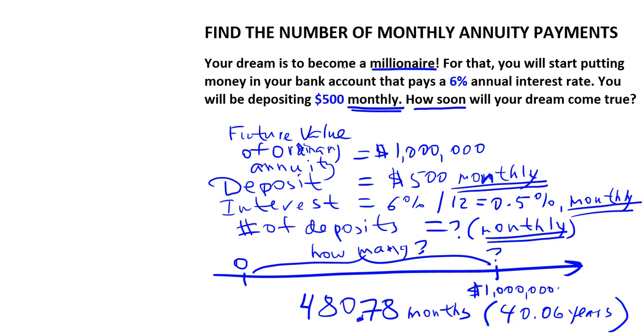In this problem, on how long it will take you to become a millionaire if you deposit $500 monthly, we originally had an ordinary annuity, meaning by default, when it is not specified when the payments are made, we should assume that the deposits are made at the end of each month. And so we called it an ordinary annuity. So let's change it a little bit and say that